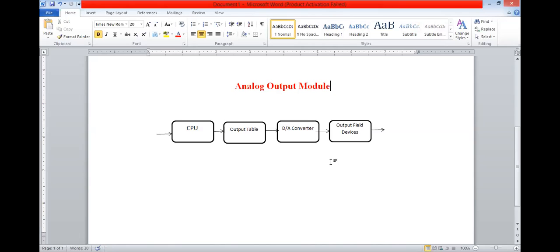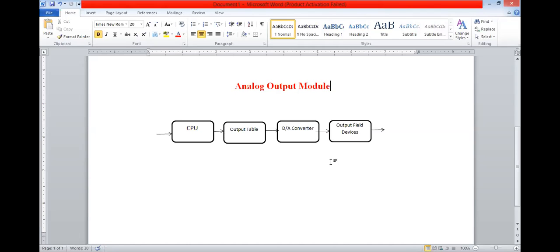The output module converts control instructions from the CPU into a digital or analog signal that can be used to control various field output devices like actuators, control valves, and motors. The analog output module accepts a 16-bit output status word.